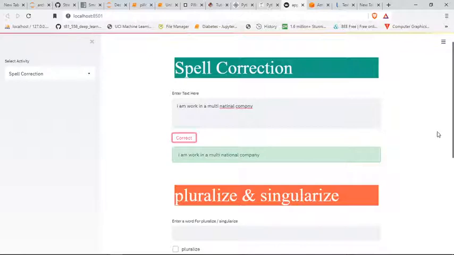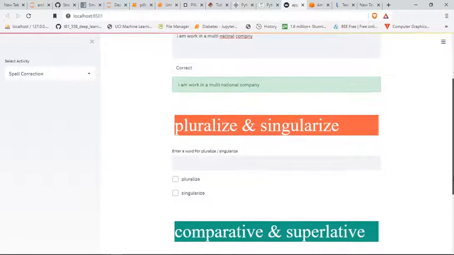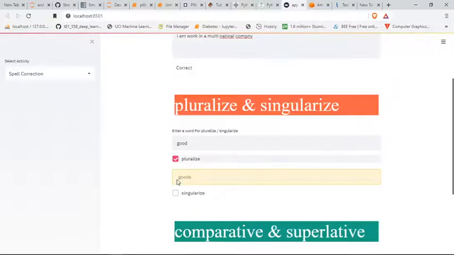And the second feature of the spell correction is pluralization and singularization. It also converts singular to plural and plural to singular. For example, I gave some words here, good. If I convert this good into the plural, then I click on the plural checkbox, and it automatically converts singular into plural.